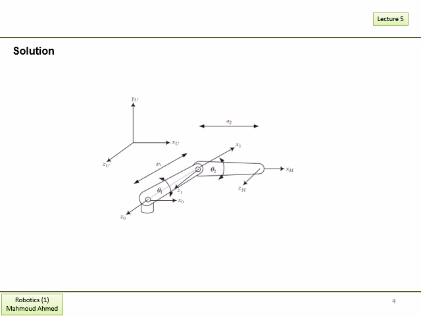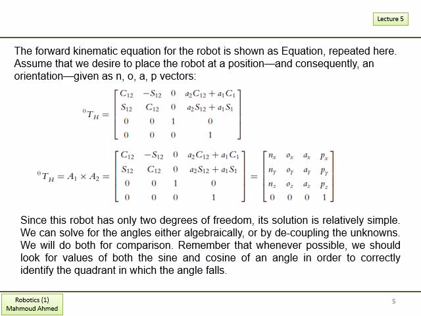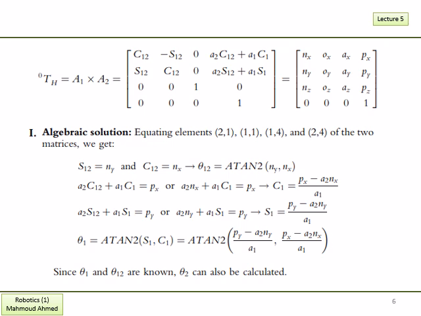So in the first step, we have the forward kinematics. In this simple example, in the first place, we would use the algebraic solution by choosing some elements. For example,